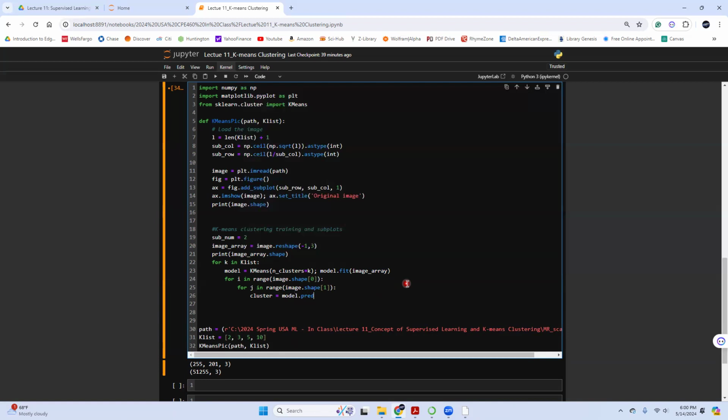Model.predict on the image. Let me see. Here my image goes to IJ, and here's the thing. Of course, for IJ, based on the shape of the image, you can calculate the index number of an image array. You can do it as well. But here I just want to save my life, so I directly use image IJ in a column.